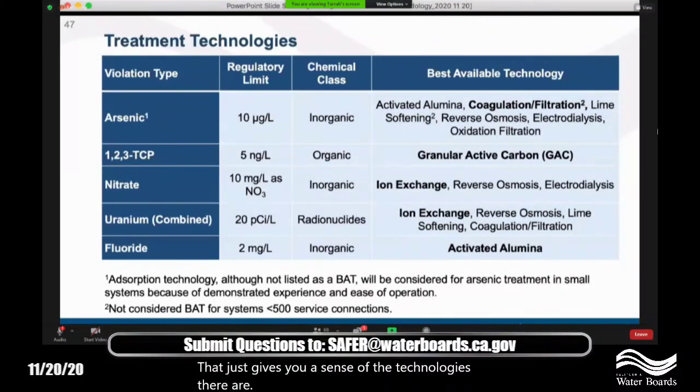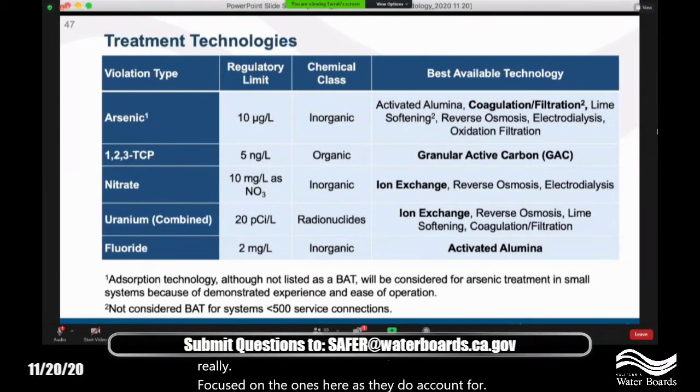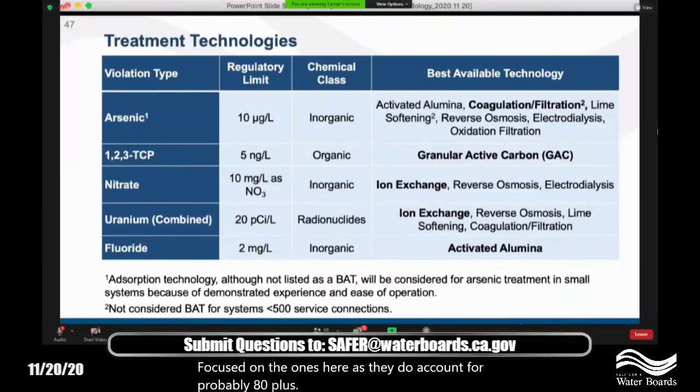Beyond this list, I think we have a slide that shows it, but there are several more contaminants out there where we've taken different approaches. But we're really focused on the ones here, as they account for probably 80+% of the violations on the human right to water list. So on the next slide,